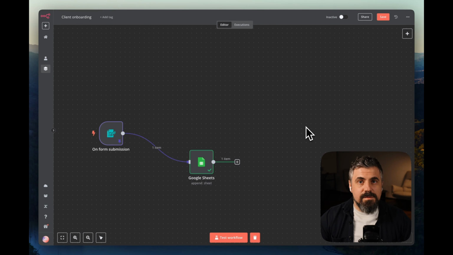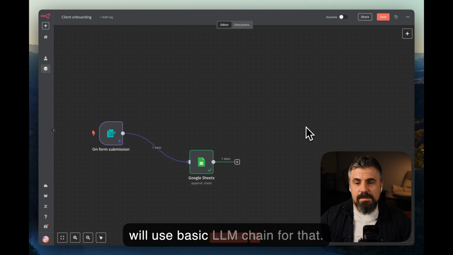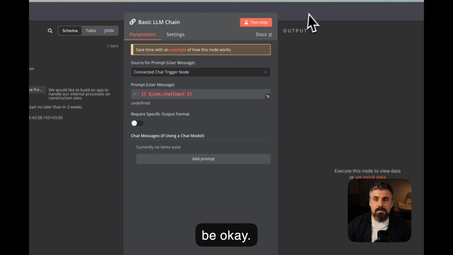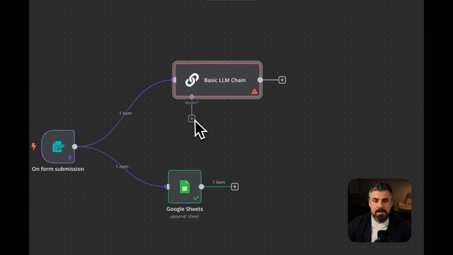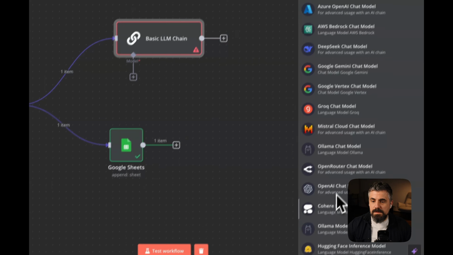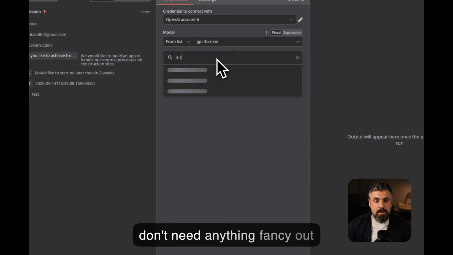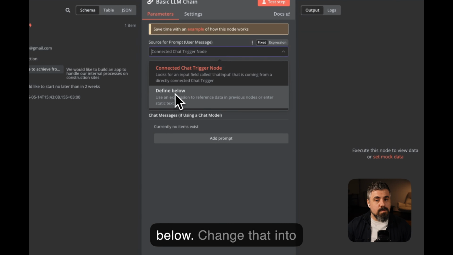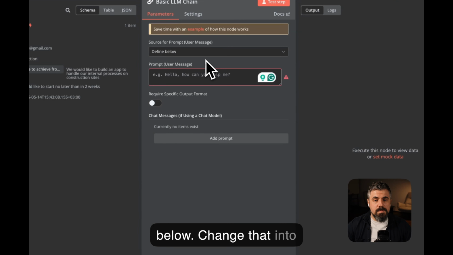Next, what I would like to do is create an automatic answer to the customer, welcoming them and replying to the customer with whatever they wrote in their message. I will use basic LLM chain for that. Let me rearrange stuff. Let's assign a model first. I will use OpenAI. 4.1 mini will suffice. I don't need anything fancy out here. I will define my user message below,